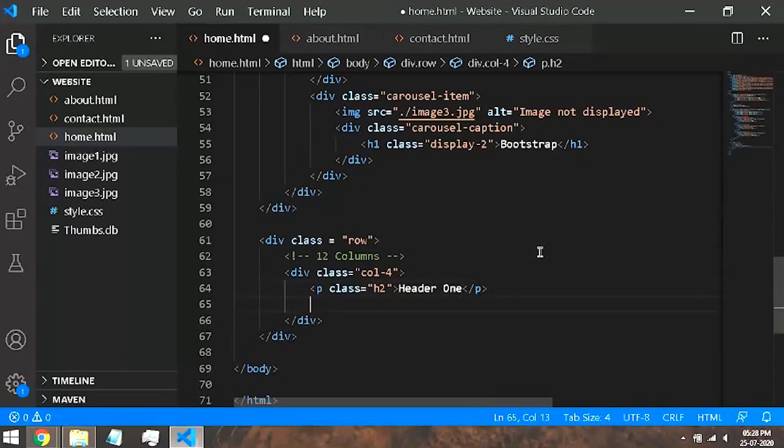And below this, I also want to add text. So again, p.h5. So here what I'm doing is that header, I'm keeping it a low number. So it will be bigger in size, h2. And the actual text, I'm keeping it a larger number, which means that it will be smaller in size. So I want some dummy text now. I want some amount of text.